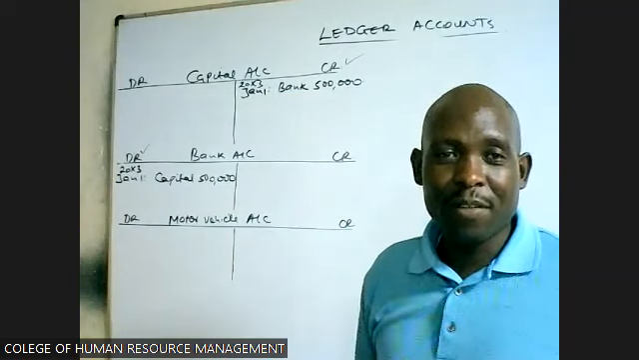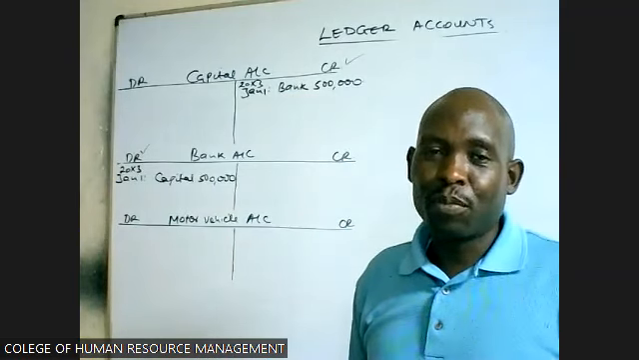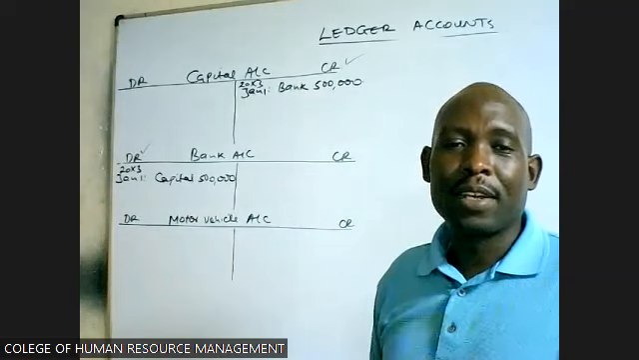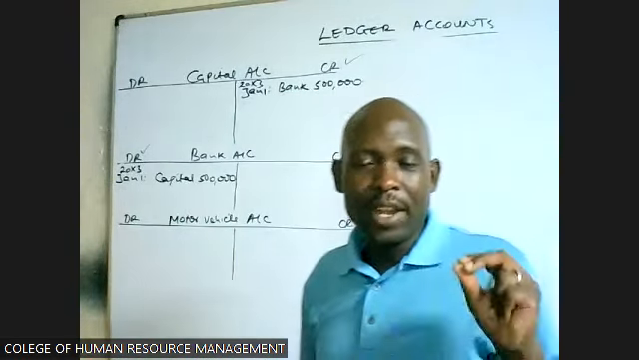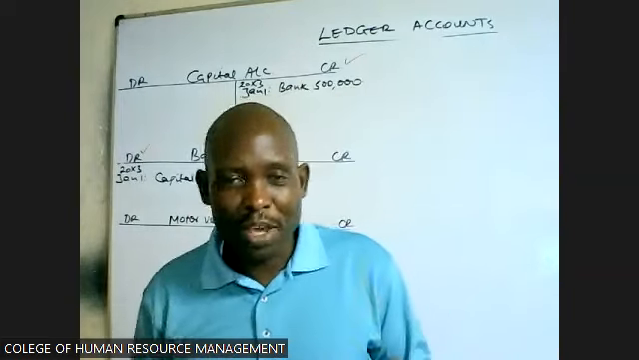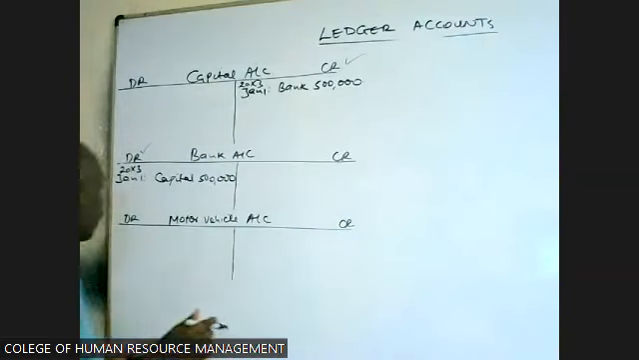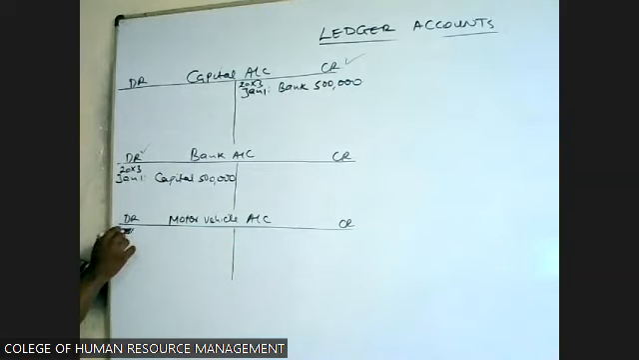So in this case, anytime you are buying something, you debit what you are buying. Debit, yes, the motor vehicle. Debit what you are buying, the motor vehicle. Debit the motor vehicle. So you come here, 20x3, this is January